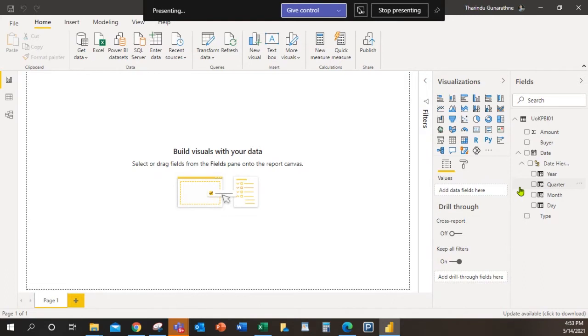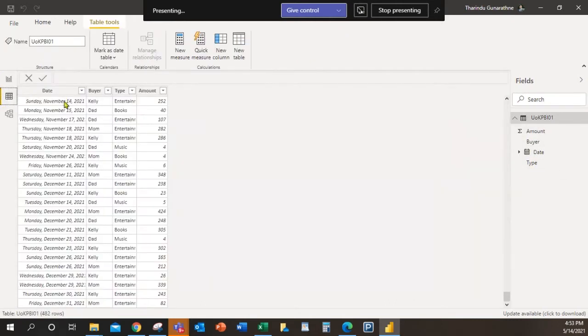Let's say 5th of Feb. If we say 5th of Feb in 2021, it has the year, it has the quarter, and it has the month and day. So that's why it's appearing as a hierarchy. Okay. Now you can understand what those fields are. These are the fields that we created in the Excel sheet.